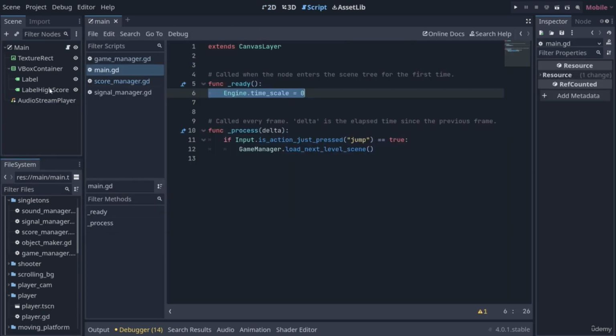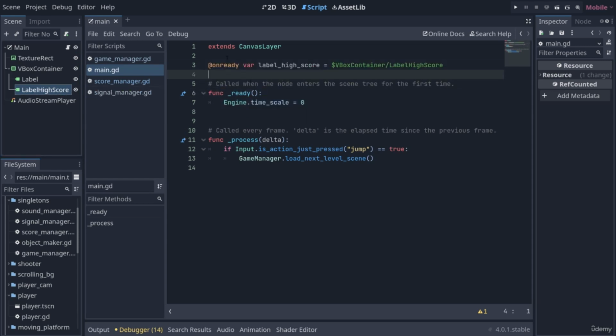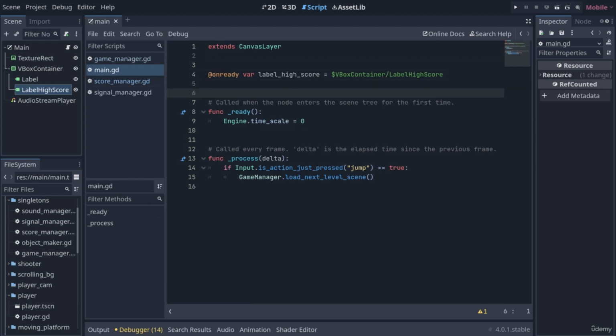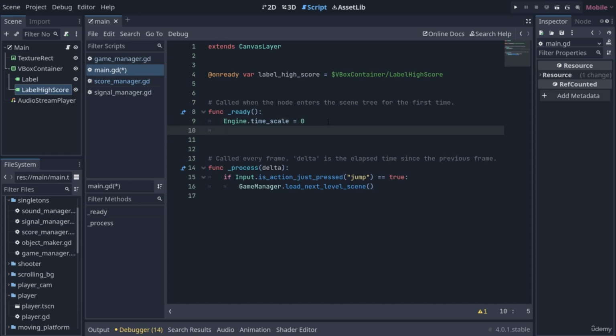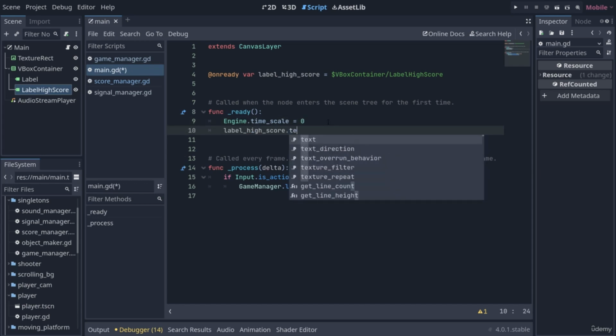And then what we can do is a control drag of the high score label. Not there, that's not very good, is it? Let's try that again, please. Okay, good. So we've got the high score label, or the label high score. What we want to do is actually directly update this as soon as this scene loads. So we can take the label high score dot text, and that's equal to